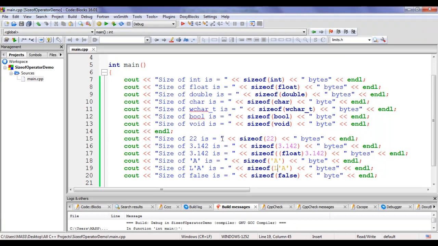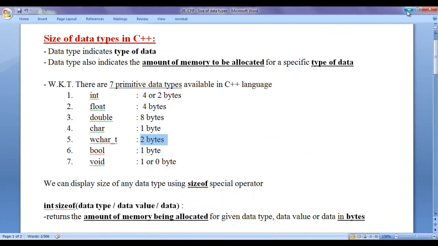I hope you guys have clearly understood how do we display size of each data type using the sizeof operator in C++. In the upcoming video tutorials, we are also going to understand how to display size of non-primitive data types also. We understand how to display size of an array, how to display size of a structure, etc., guys. I think for this video tutorial, this much is enough, friends. I suggest you watch this video again and again, understand everything clearly, try this code yourself, experiment with more examples. In the upcoming video tutorials, we are going to discuss more about data types in C++.